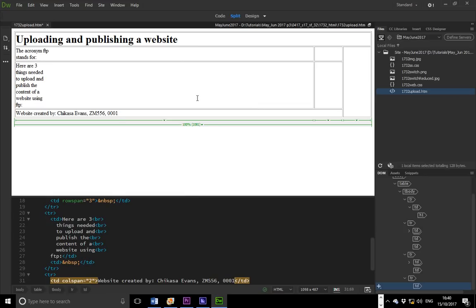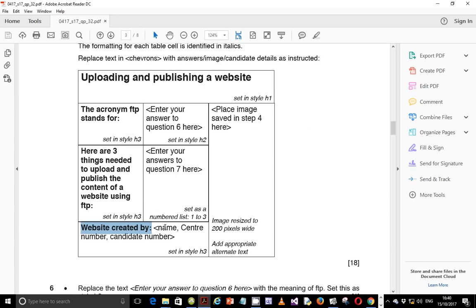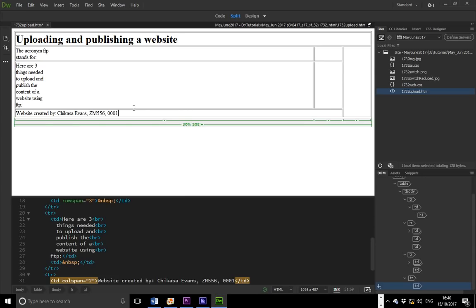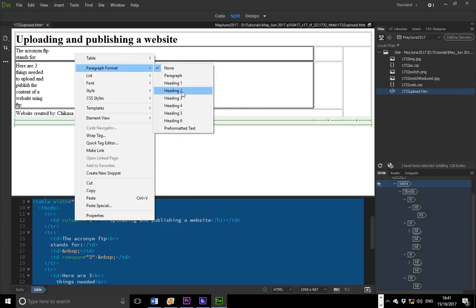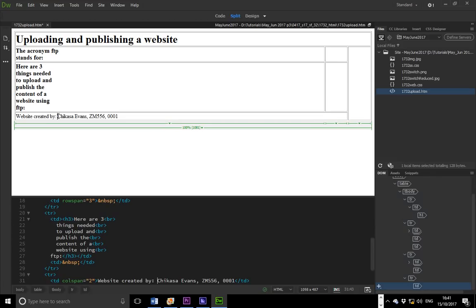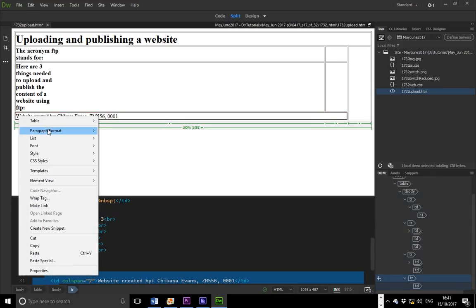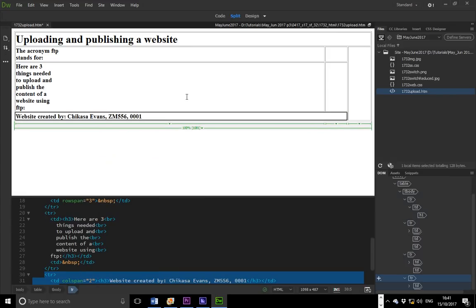Now we're supposed to format these as H3. So this one H3, this one H3, this one H3. So go ahead and get all these. So format this one and this one as well as this one. Okay, let's start with these two first of all. Format them as H3, and then get this one also, format it as H3 as well. Okay, next